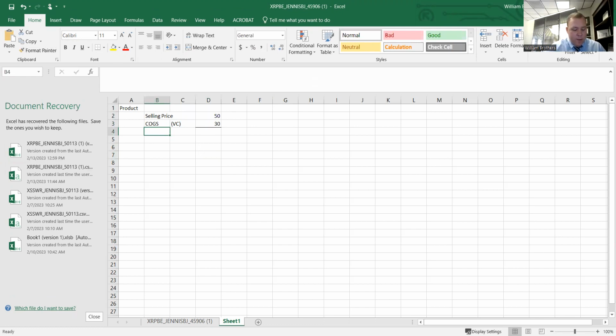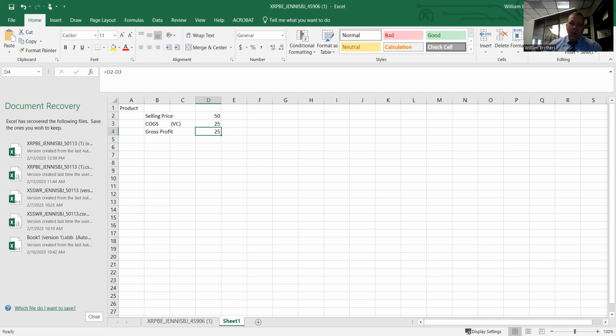That tells me then that my gross profit or margin is the difference between the two, which means that for every product I sell, I'm going to make $20 worth of gross profit or margin. That's what my profit margin is going to be. Now, if I assume that selling price is constant, then if I want to increase my gross margin or my gross profit, I have to find a way to reduce variable costs. And so if I reduce them to $25 a unit, for instance, then my margin becomes $25.